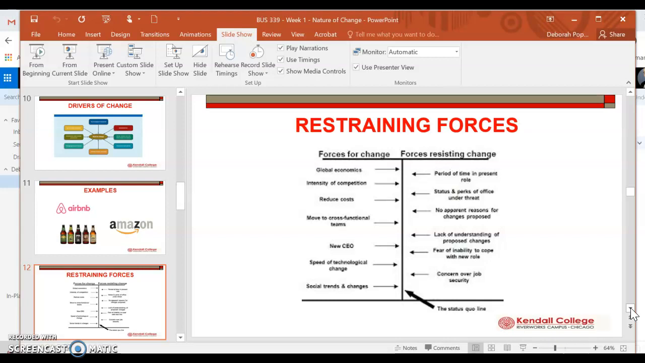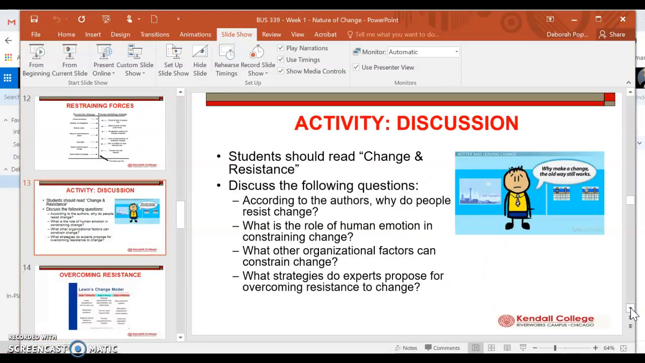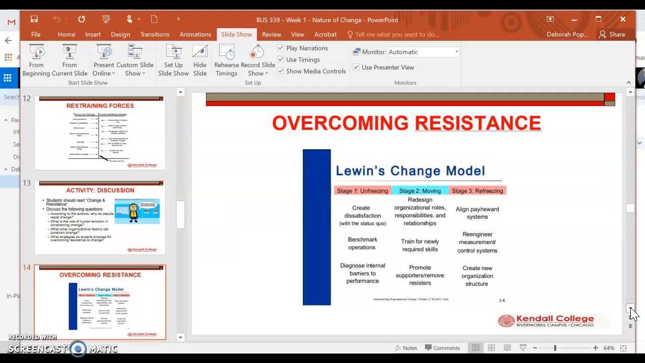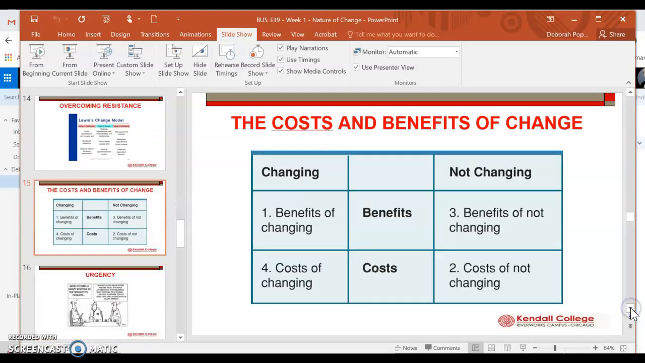So that's where management has to take a role. You will read this change and resistance article, and you will discuss that on the discussion board about why do people resist change, and what are the emotional causes of resistance, and what other things can play a role in resisting change. And then as the course moves on, we'll look at how to overcome that resistance, how